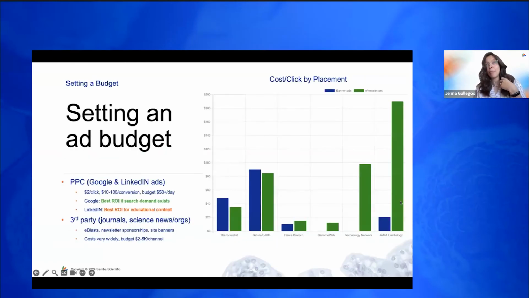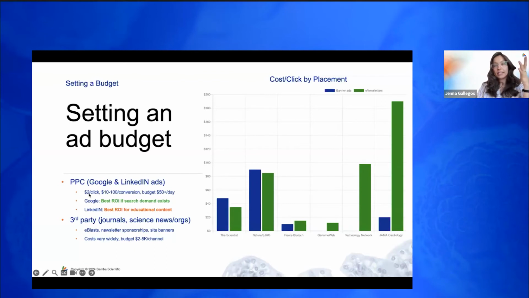Okay, back to your question about media buy and ads specifically. So there's really two categories we think about in terms of ads. There's pay-per-click, which is generally Google and LinkedIn. We've helped some companies with Facebook and X as well, but most are in Google and LinkedIn, or third-party ads. So Google and LinkedIn, you pay for the clicks.